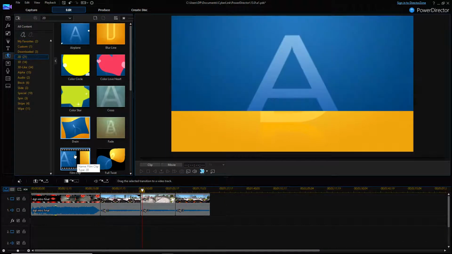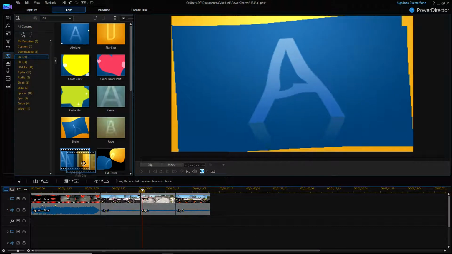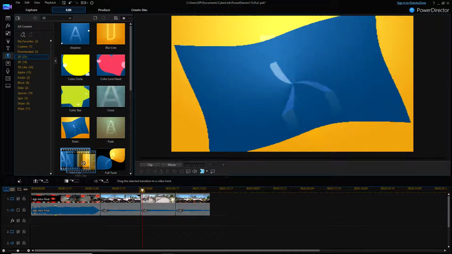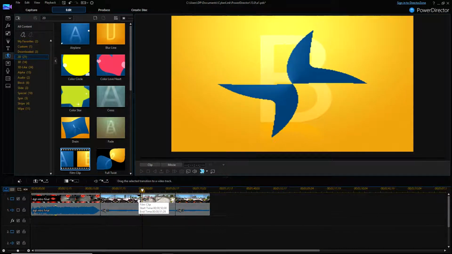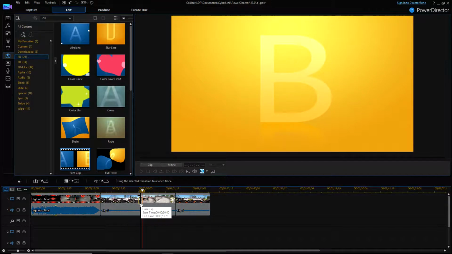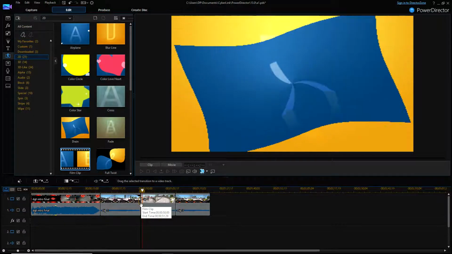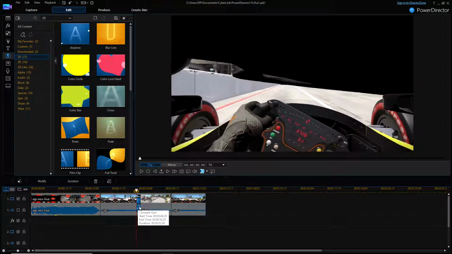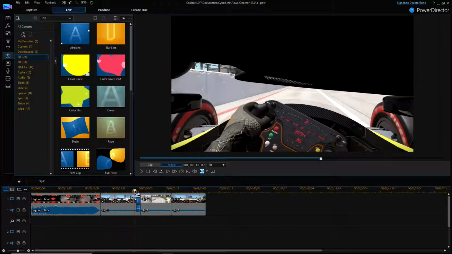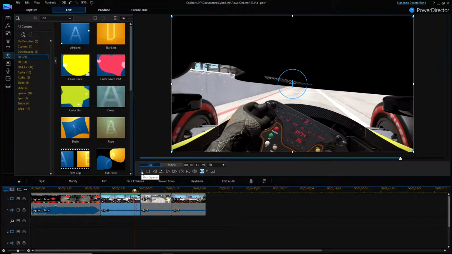So I'm going to take this one for example. The way to use the transition is to click and hold on it, move it over to your video clip, and you'll see it produces a small yellow box that highlights part of clip 1 and part of clip 2. Drop it in, and now it has actually moved clip 2 to within clip 1. And now we can see what this is actually going to do. If you move it back a little bit and we press play,